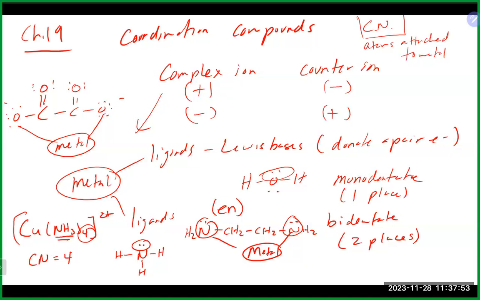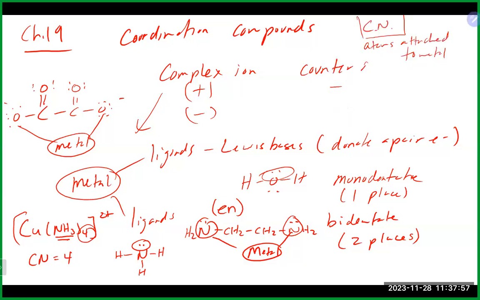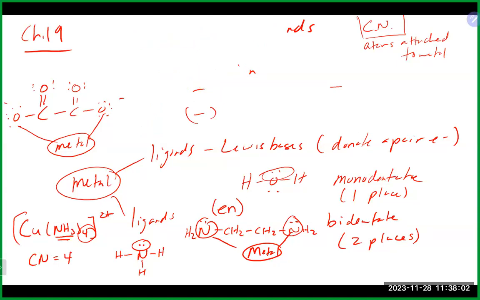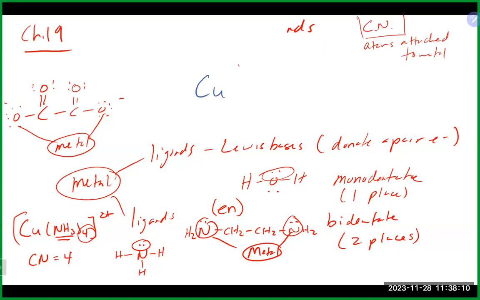Now, if we had a different ligand, like we had our oxalate, for example. So if we had our same guy there, we had something like CuC2O4, 2 minus overall. When we look at this oxalate, some people will say the coordination number is 2, but